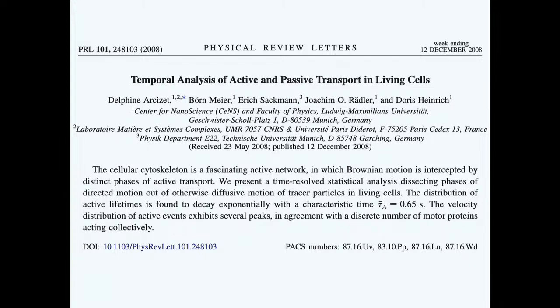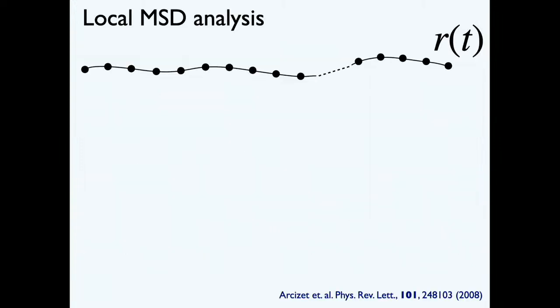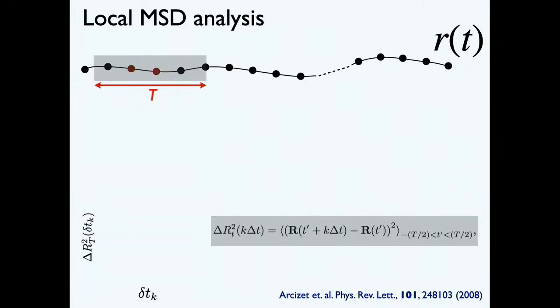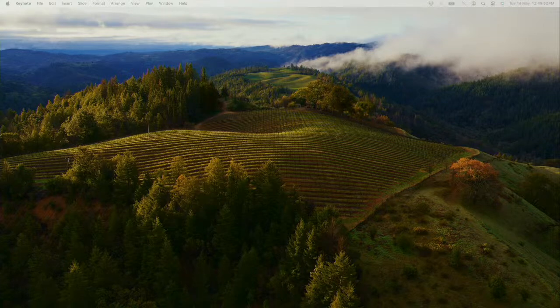And the distribution of the exponent already tells you if there was a change in the nature of motion at some time. Suppose it was stuck in some place and then suddenly it started moving actively. All this information can come out from this kind of analysis. For the sake of time, I will not go into these details. I will quickly go into something which is the theme of this